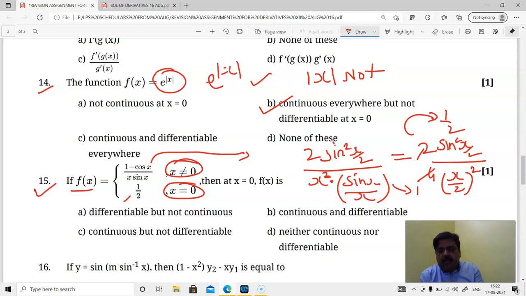Every function is continuous in its domain, and the product of two functions, if both are continuous and both are differentiable, is going to be differentiable. And moreover, if you don't think about these concepts, you can simply differentiate this function. It can be easily differentiated, right? So this function is continuous as well as differentiable because no special function is involved. So ideally you have to use your brains at that particular level, right?